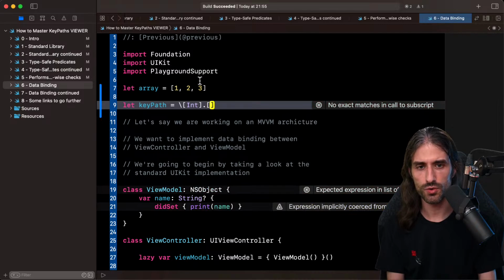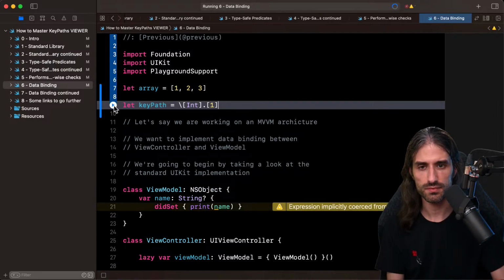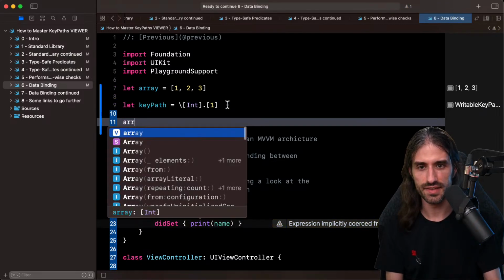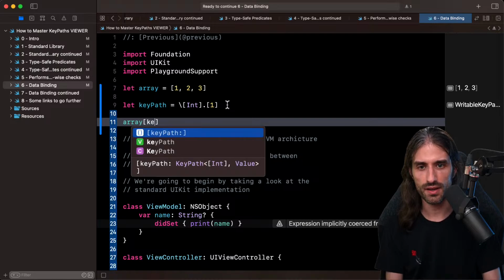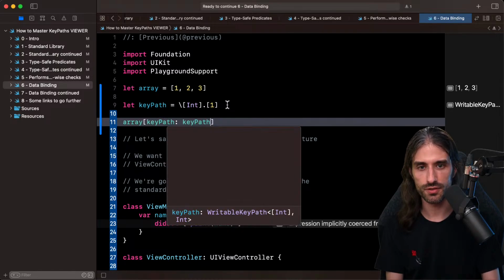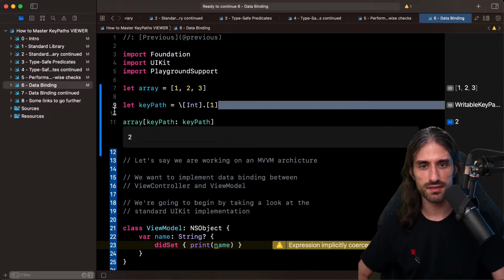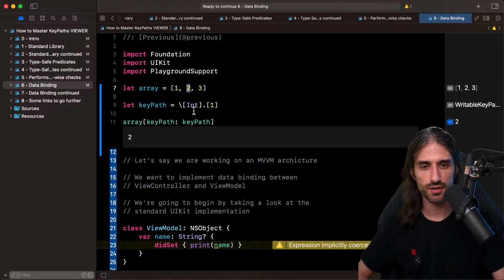I never remember how you write it, if it's like that or not. Okay, so I think it's indeed the good syntax. Then I can say array key path, and then just pass the key path. And so, as you can see, this key path refers to the second element of the array. So it's an interesting possibility.